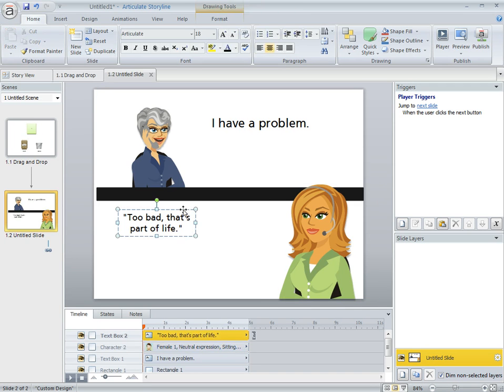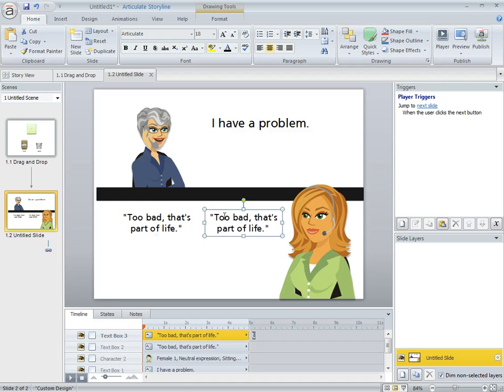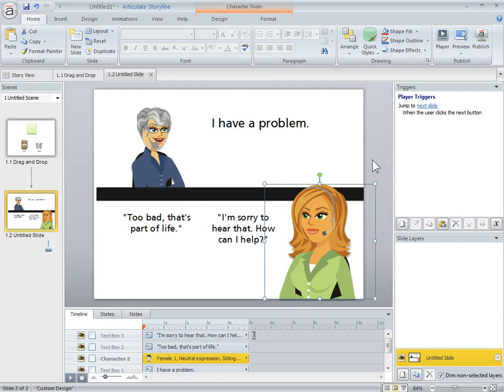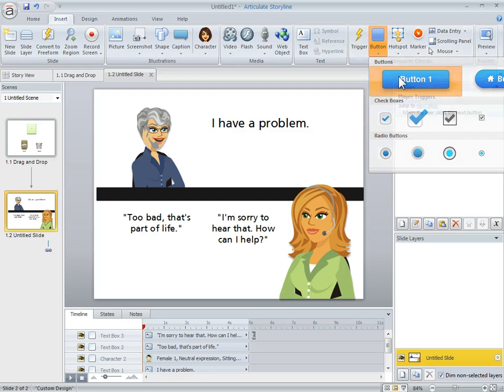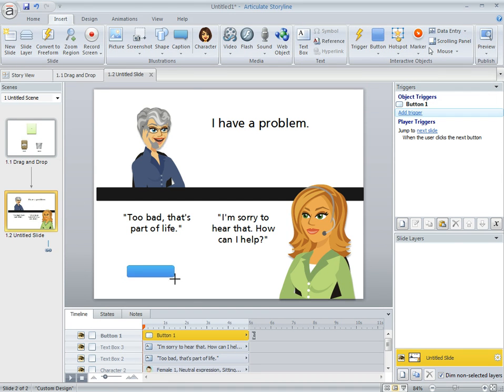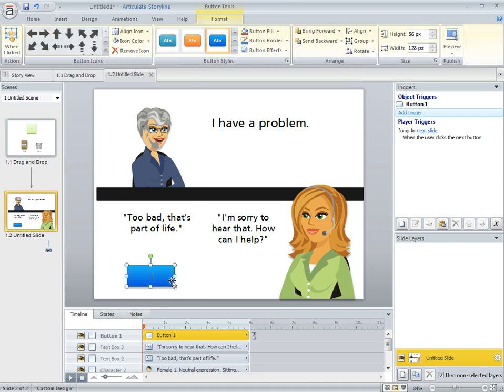And I'm going to now copy this, and let's just say the other feedback you can say, you know, I'm sorry to hear that. How can I help? And so you've got two choices here. So let's go ahead and add a choice button. So we're going to go to Insert. We're going to go to Button. And this is where you can see how the built-in character states work. So we'll say Choice 1